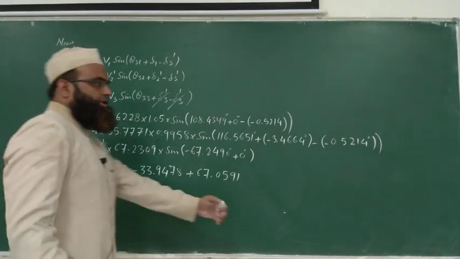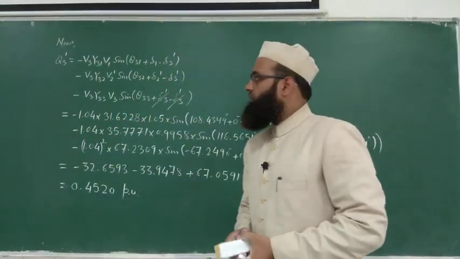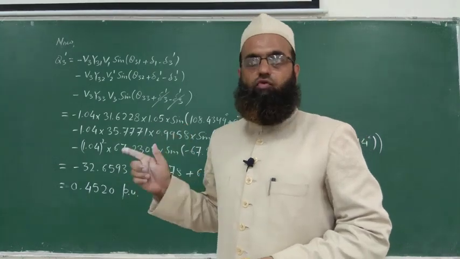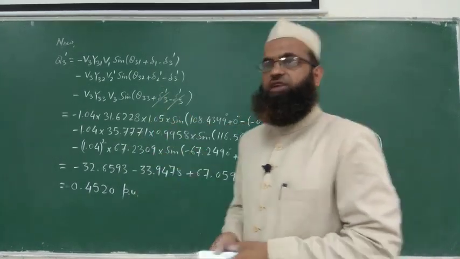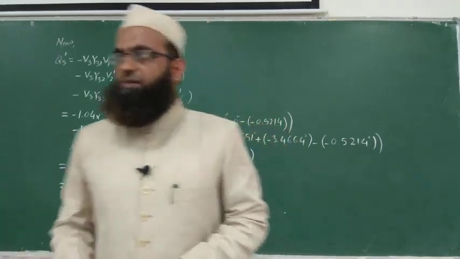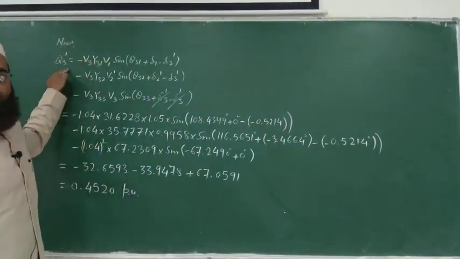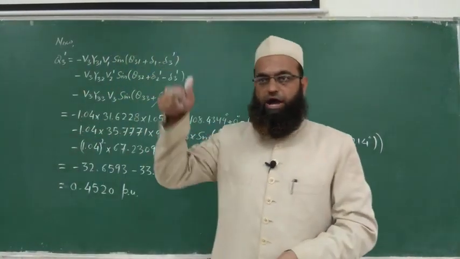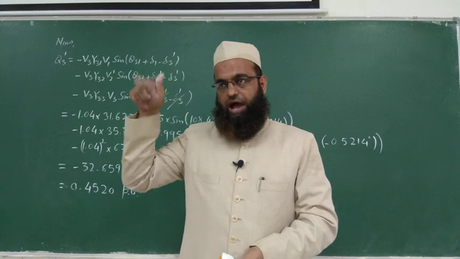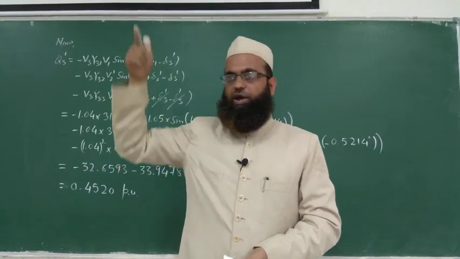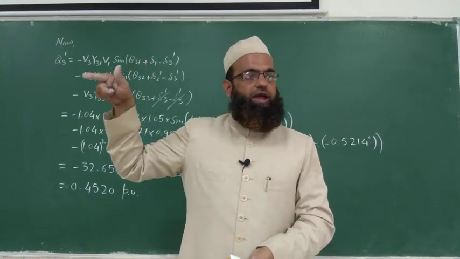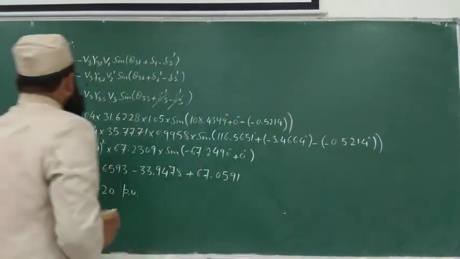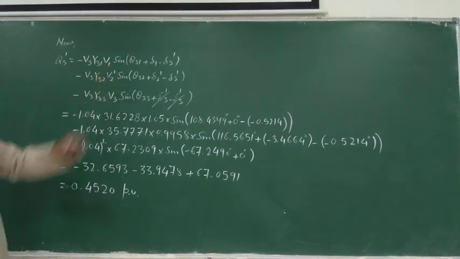So far we have evaluated the values of the three variables, namely delta 2, delta 3 and V2 1 at the end of first iteration of fast decoupled load flow method. The fourth variable, which is Q3 1, will now be evaluated using the relation of reactive power flow Qi, which is nothing but negative of Vi summation k is equal to 1 to n yik Vk sin of theta ik plus delta k minus delta i, which you are already having. So you will get Q3 1 as this.